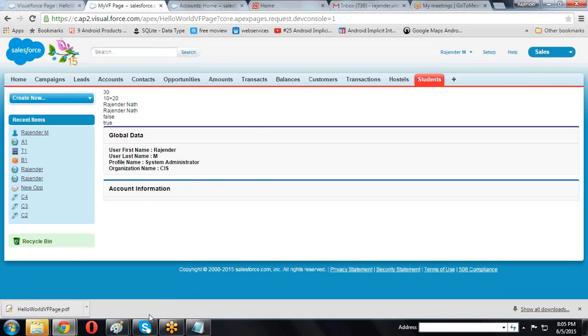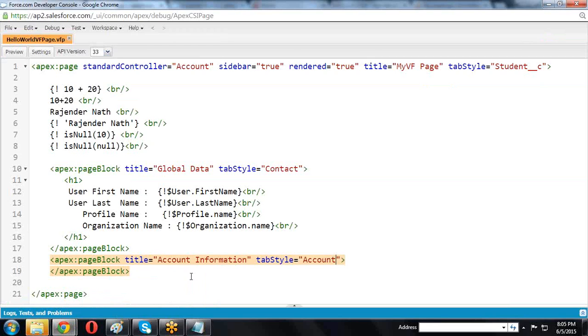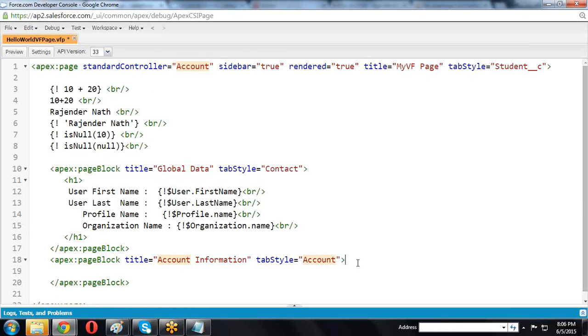Like this, I am creating data in some different ways. Now here I want to create account information. So what is the controller name? The controller name we are using is account. So that's the reason you can create the account data for this. Account name function, account dot name. Whatever field names are there, you can provide those field names. BR.